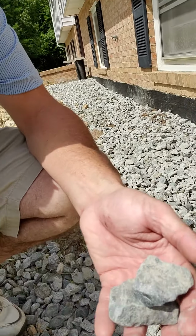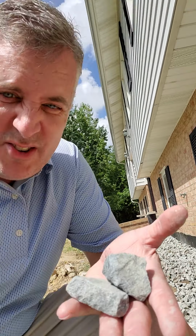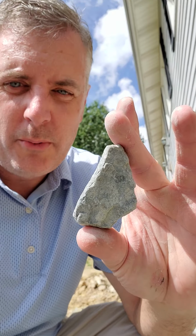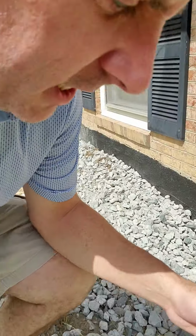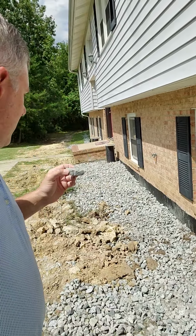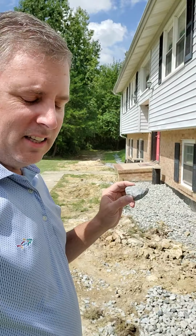I read a lot of people using like crush and run 57 stone. This is what I used. Big. These are like what they consider like railroad gravel. The big gravel, the big thick stuff. This costs more. I mean, look at those stones. But it gives you the best drainage. So